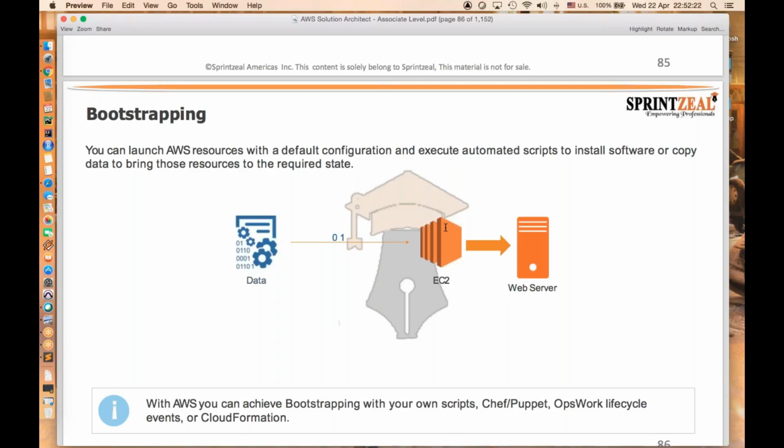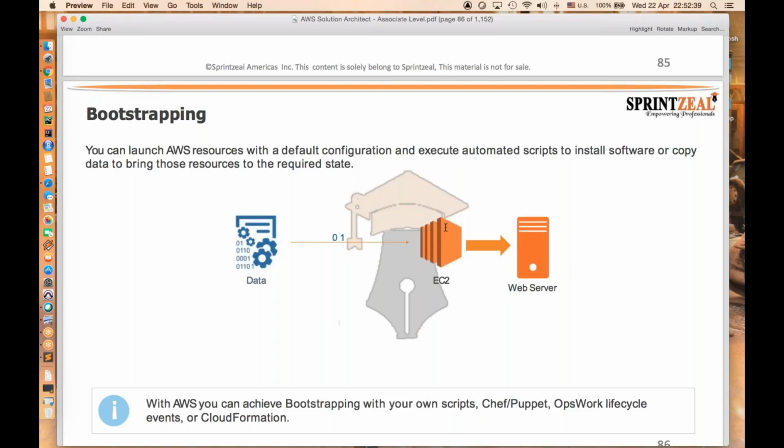services. And this is where Chef and Puppet, which are OpsWorks lifecycle events, or CloudFormation come in. We can achieve bootstrapping using these tools.